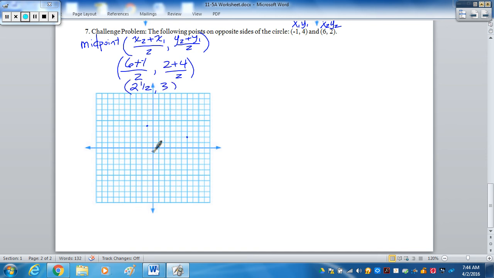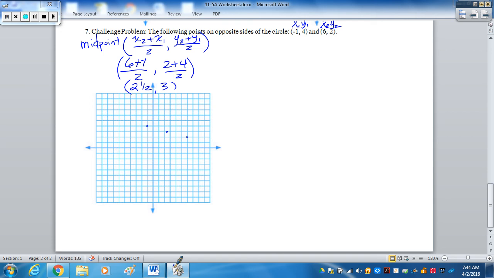All right, so let's see about that. 2.5, 1, 2, 3. Okay. It looks like the center, and obviously, if I got a point up in here, I know I did something wrong because these all have to be collinear. They're all on the same line there. Now, the other way to get this point,